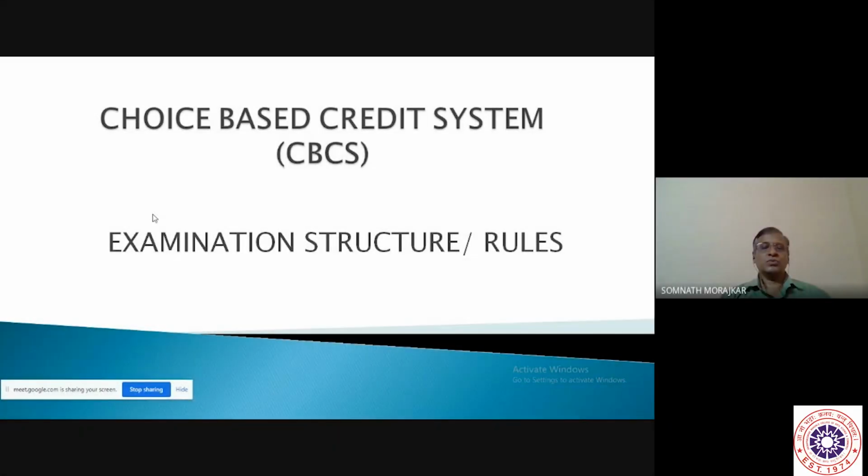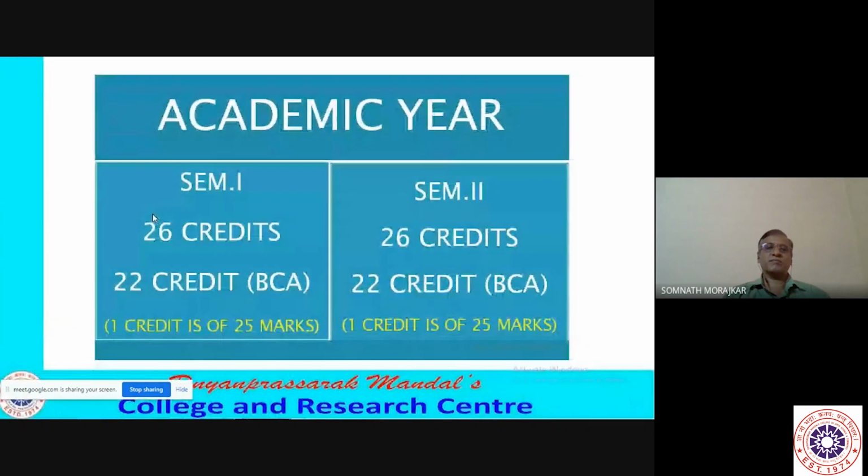mechanism used to assess the understanding ability in a particular subject at a given point of time. Therefore, it is very essential to know the examination structure and the rules under choice-based credit system, which is also called as CBCS. Now, to understand the structure, we should know that the academic year, that is the first year, will be